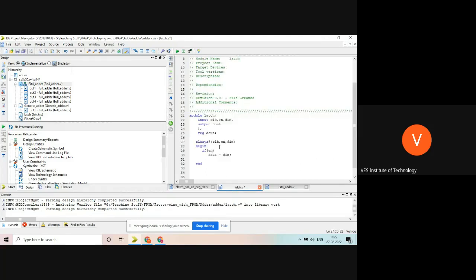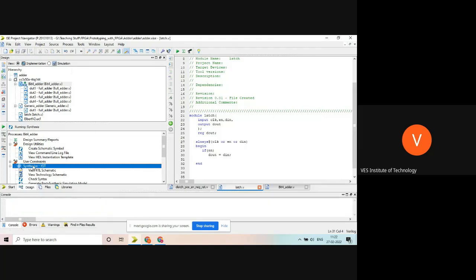That means these are sensitive to the clock. Or you may write something like this. Generally, I get confused with the syntax of VHDL. If there is a change in any one of clock, enable and D in, the output will be changed. So all these are sensitive to the data. That's what it means. That's it. And we can synthesize. You may synthesize it.